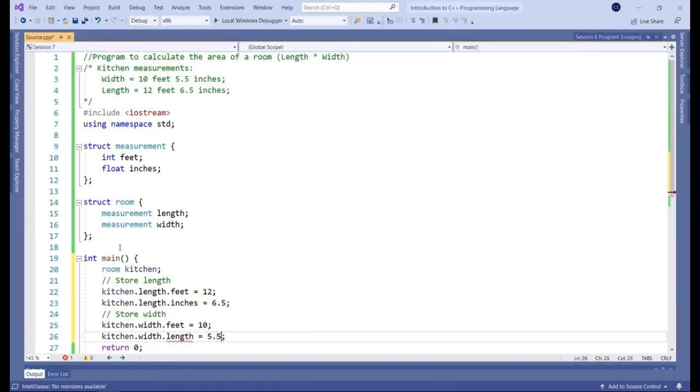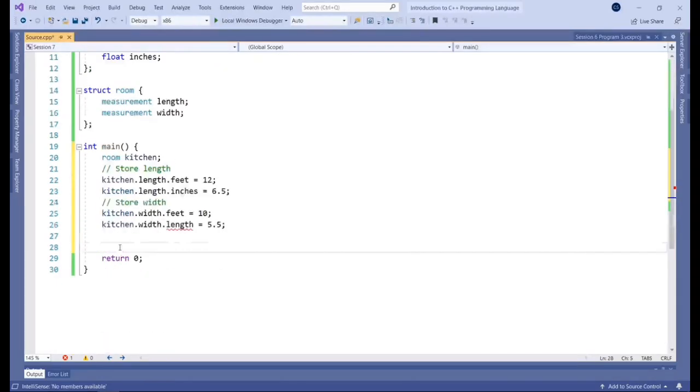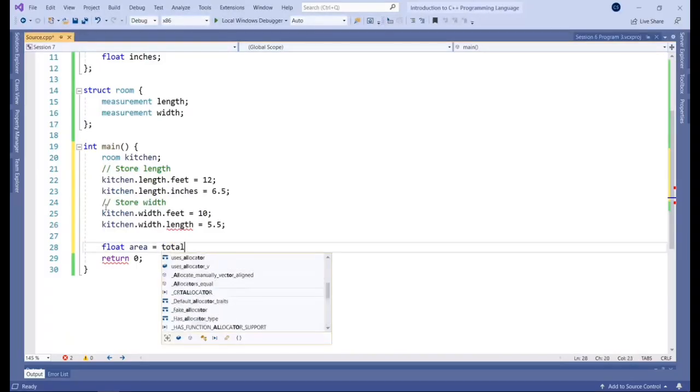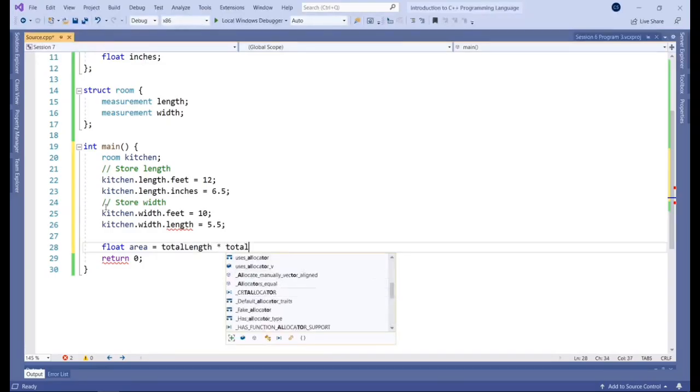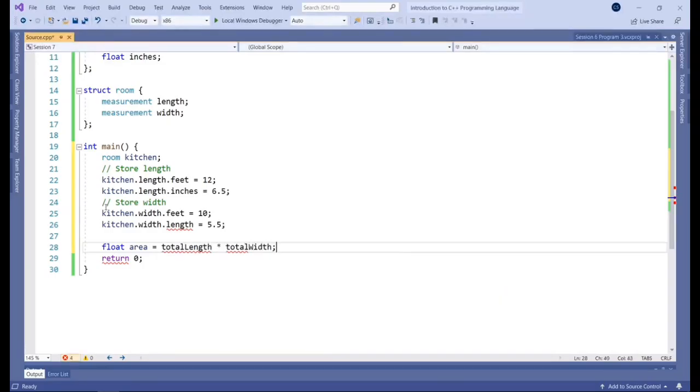So then we can calculate area. Area is going to be float. Area is equal to total length times total width. Let's define those here.